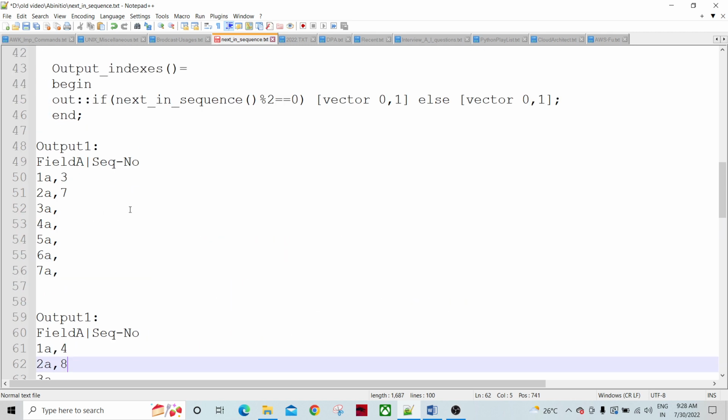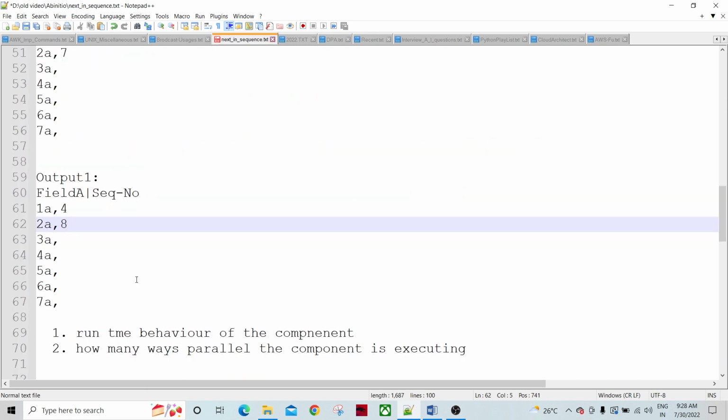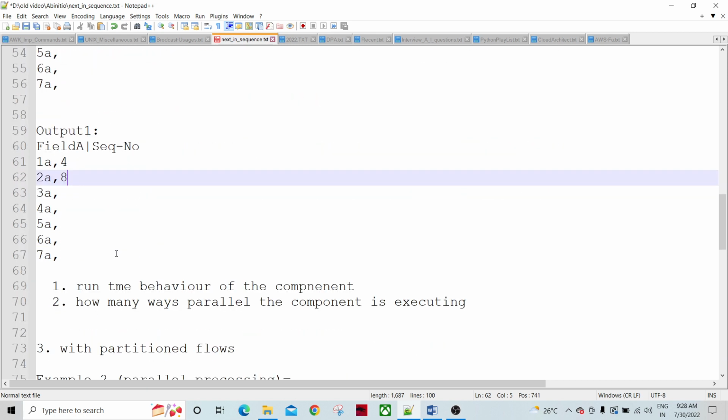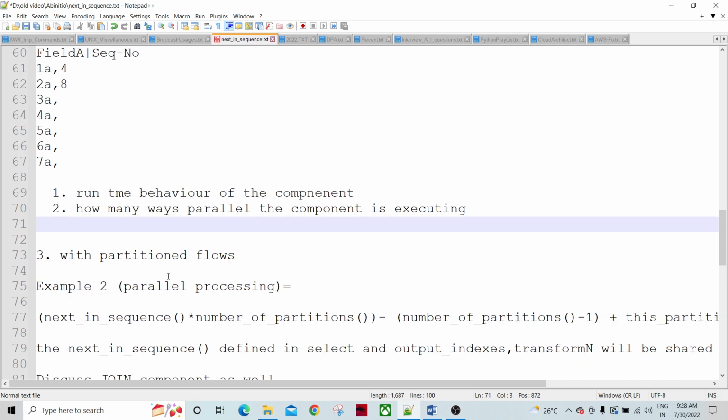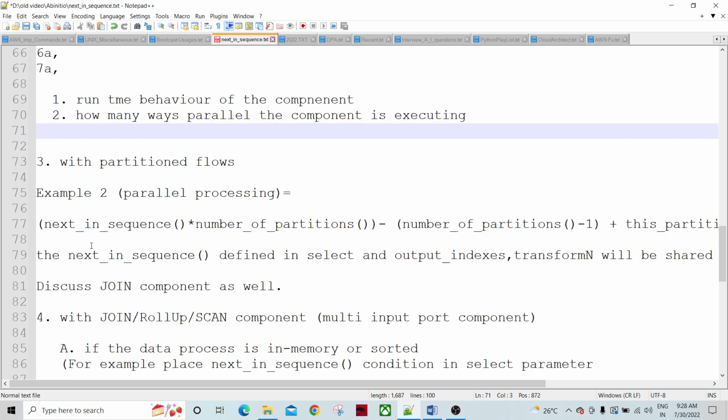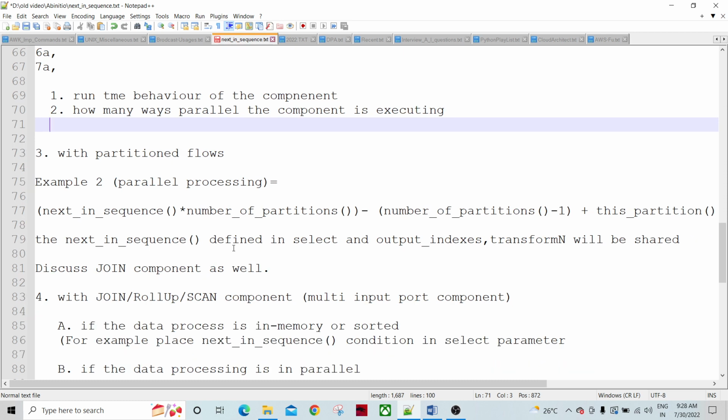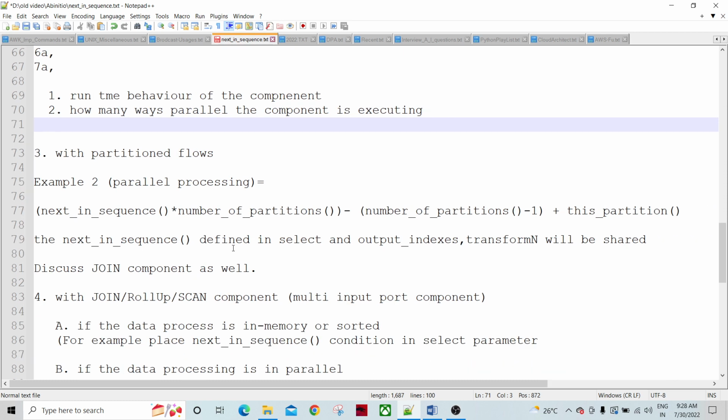So this we have calculated for serial processing. If it is parallel processing, the runtime behavior or the sequence number calculation is going to be different. So this also I am going to show, how it may differ. Now with the partition flow, I need to zoom in. Because we have different partitions within a single component, let's say 4-way partitions, if my reformat is getting executed 4-way,